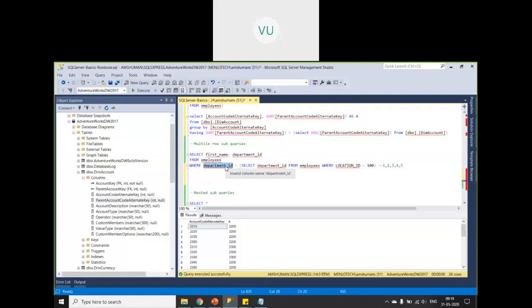That means where department ID is 1 or 2 or 3 or 4 or 5, it will put it in the end result set and apply column filtering and all later. If it is matching any of these values, it will be returned, right? So that is multi row or multiple row subqueries. That means the inner query is returning multiple records, not just a single record.